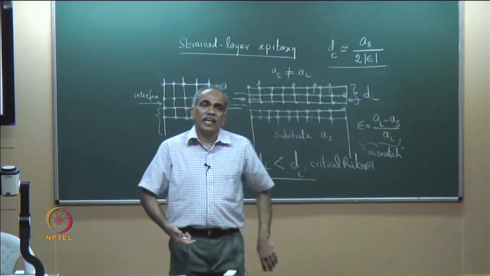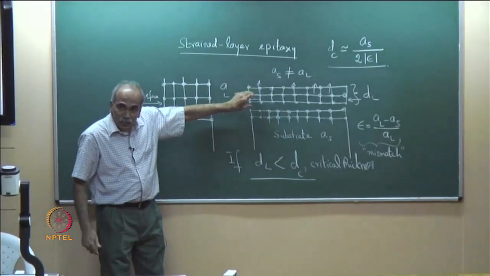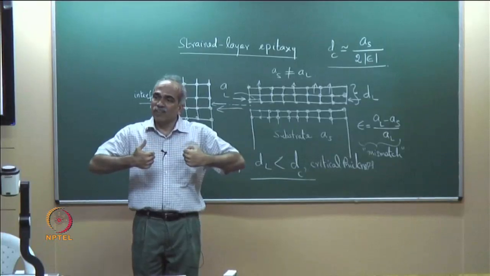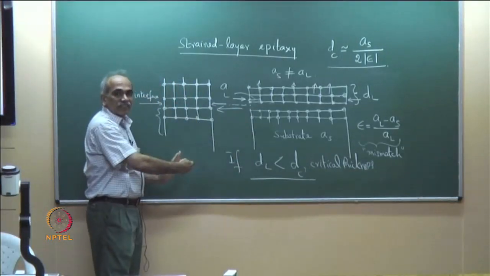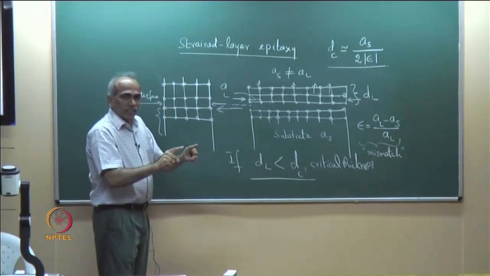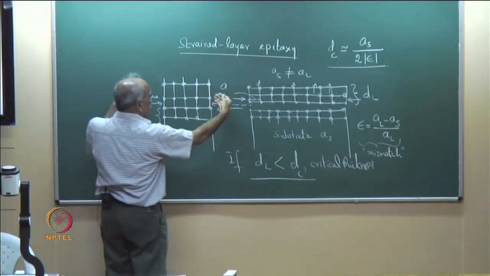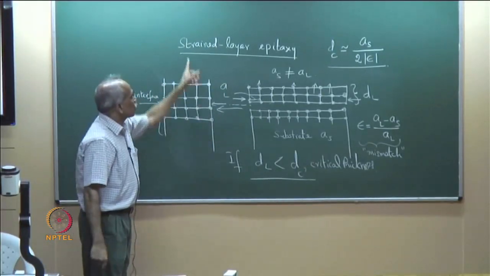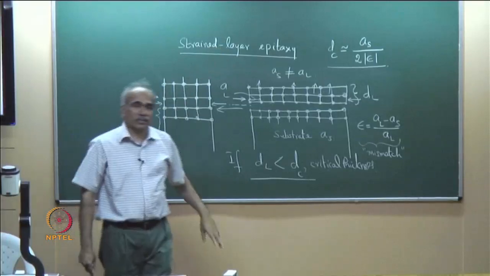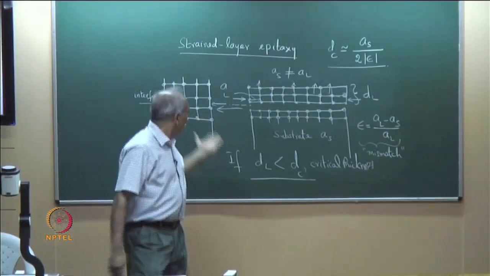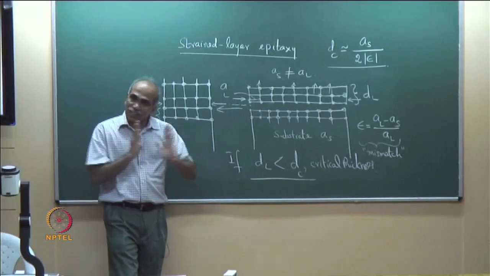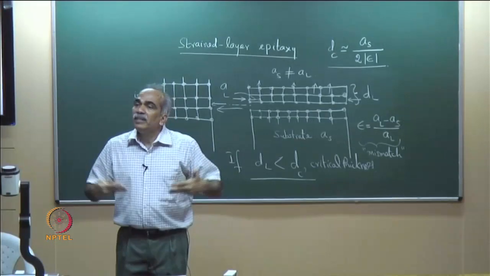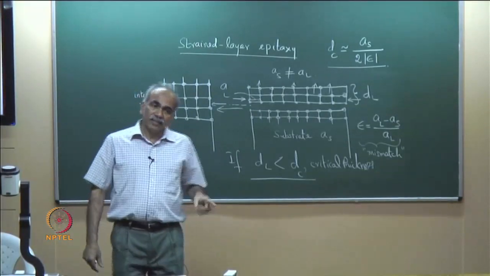It is exactly what is happening: if the thickness of this layer is very small, then it will adjust itself so that it matches this lattice, with the additional feature that there are compressive built-in strains, and this is called strained layer epitaxy. There are no defects, no dangling bonds. It has adjusted itself, but in the process of adjustment there is built-in strain in the structure, hence the name